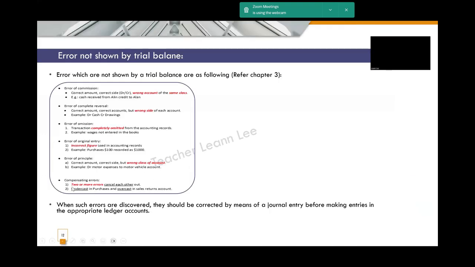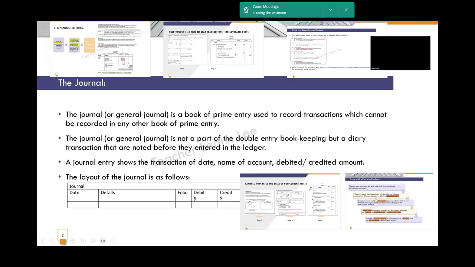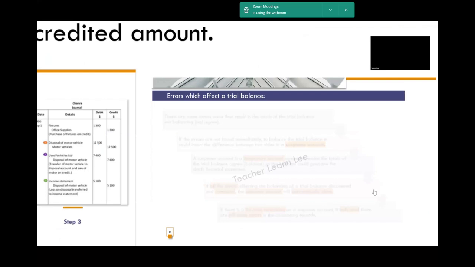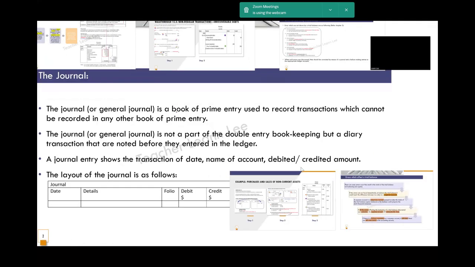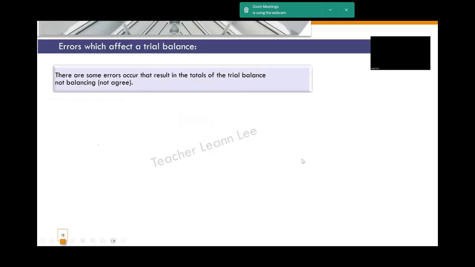For example, two or more errors, such as undercast and overcast, can't cancel out by themselves, then you may need a suspense account to help you temporarily fit in the double entry. All right. So here, in this topic, they will teach you how to